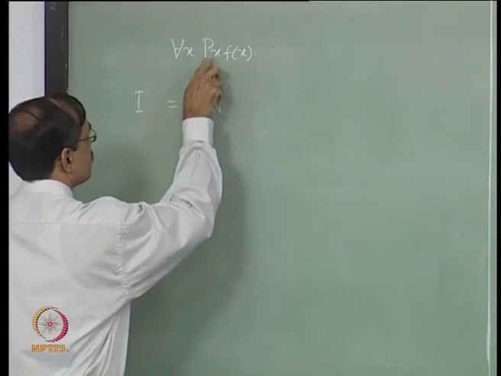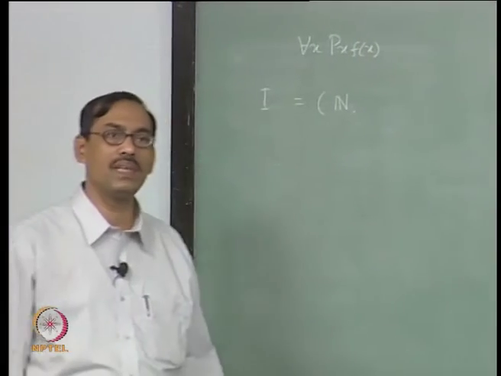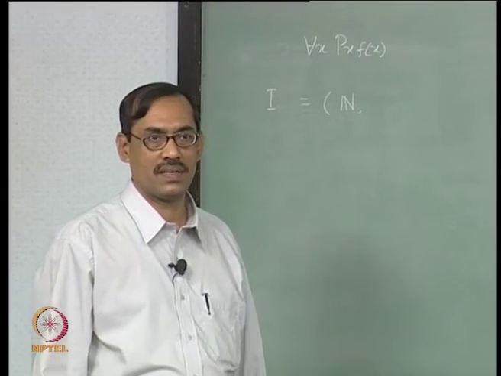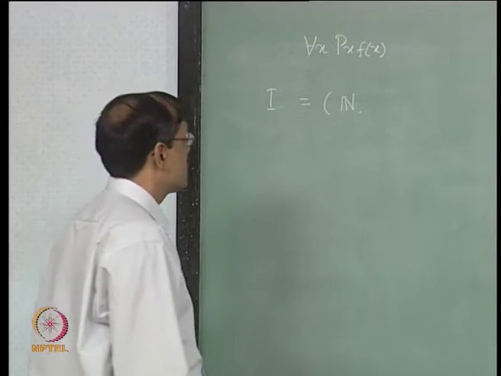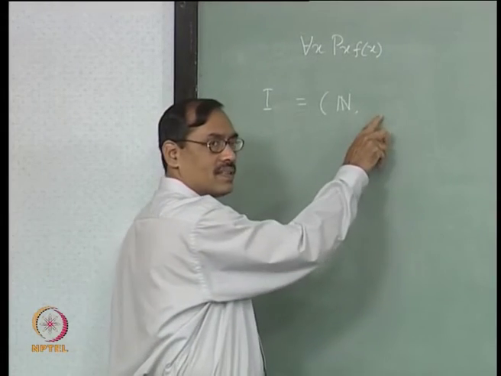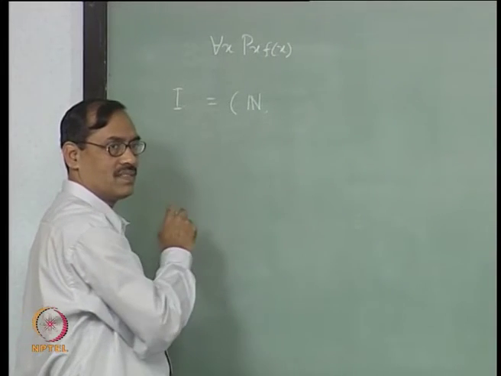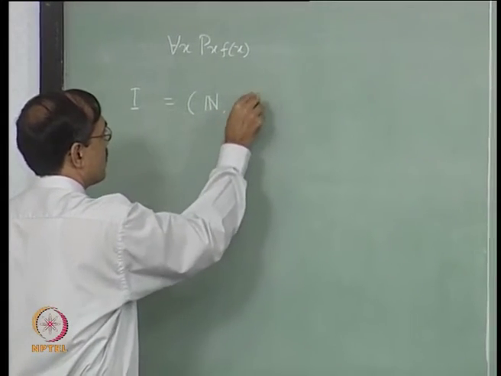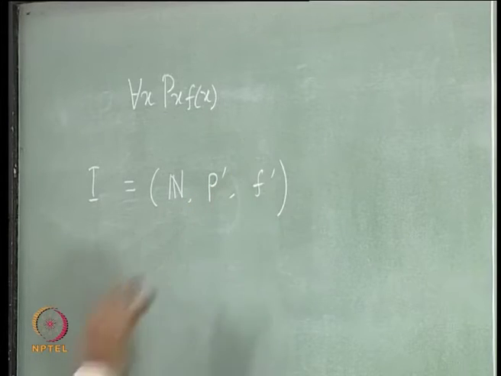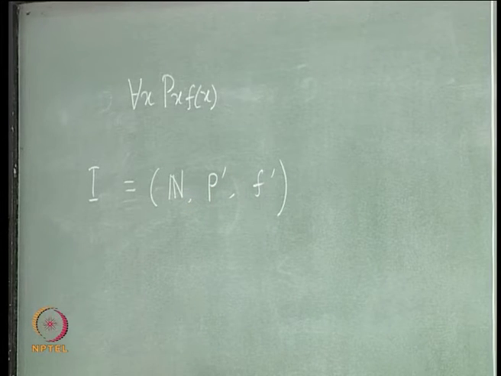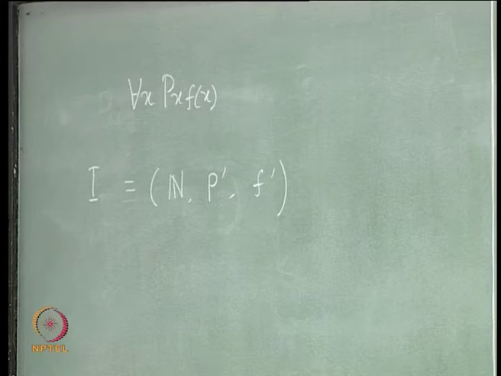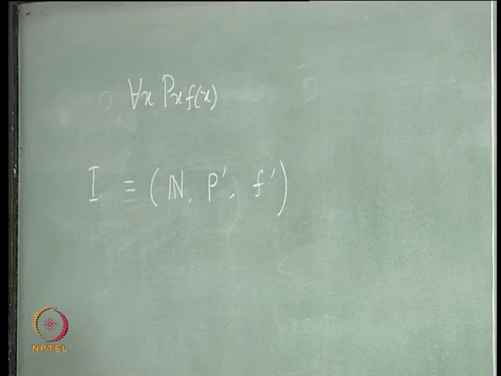and in this we have to tell how this p is interpreted, how f is interpreted. Okay. So, sometimes instead of writing phi here and then writing phi of p is this and phi of f is this, right, we just write say p prime and f prime, implicitly telling that these are the predicates to be interpreted, that p is to be interpreted as this p prime and that f is to be interpreted as this f prime. Okay. We have to tell what this p prime and f prime are.